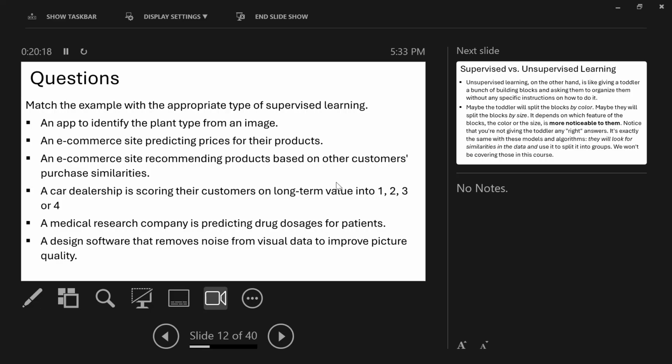This last example, is it even an AI problem? Is it predicting anything? So is it machine learning at all?